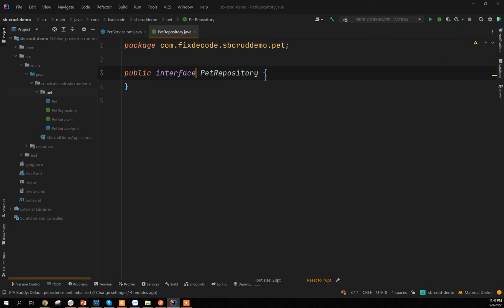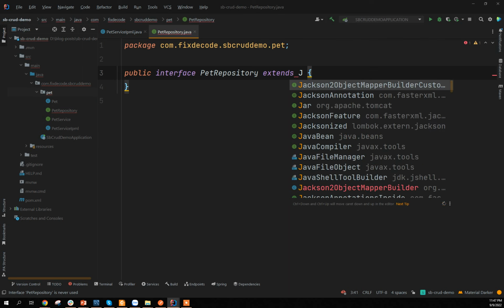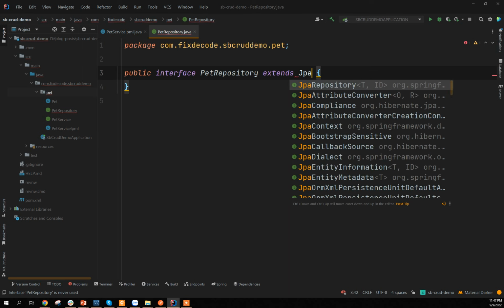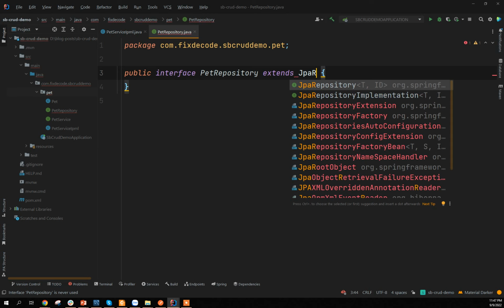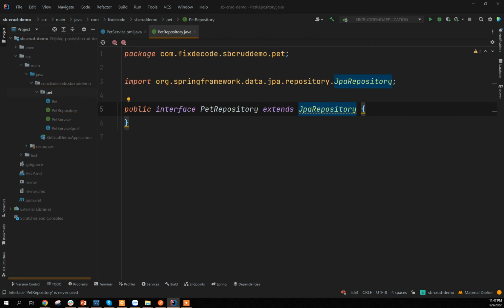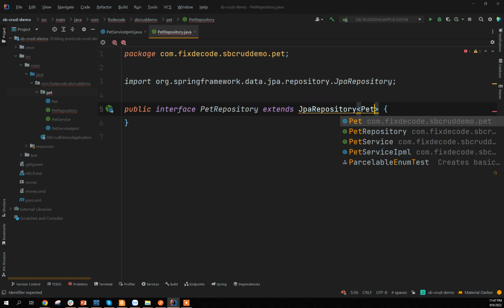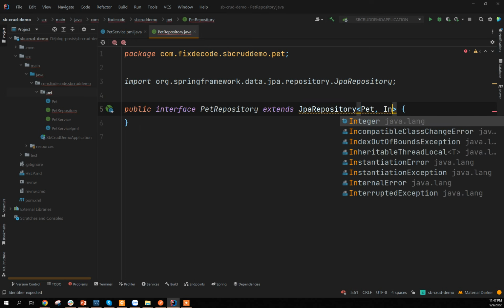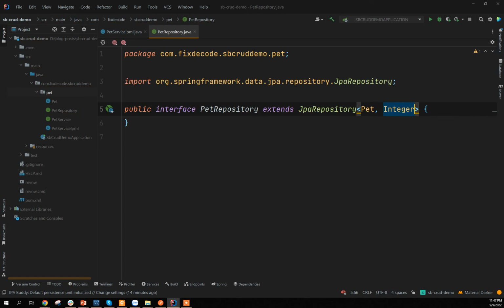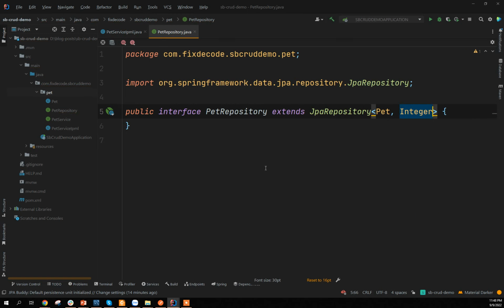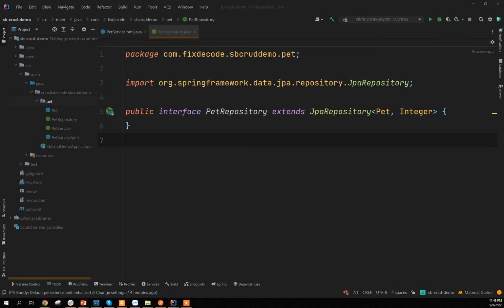And this interface is going to extend the JPA repository. And we are going to specify our class here, and we are going to specify the class ID here as well. So this is all we need for us to get the free CRUD operations from Spring Data JPA, right? So having done this, we are going to go back to